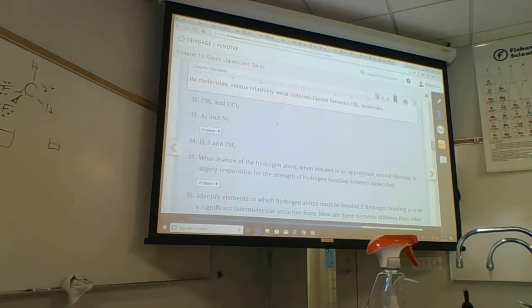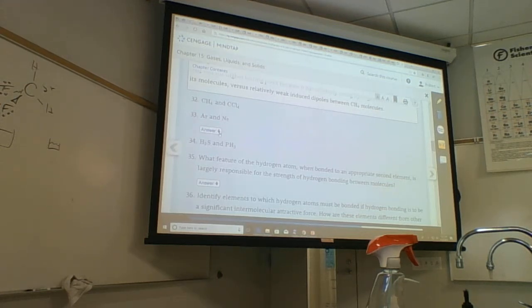Argon and neon are nonpolar. And so the difference is neon's small, argon is big. Neon has 10 electrons, argon has 18 electrons. Which one can you make a bigger wave with? 10 electrons or 18 electrons? 18 electrons. And so if you have 18 electrons, you can make a bigger wave, which means it's going to